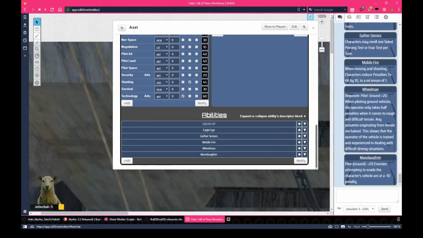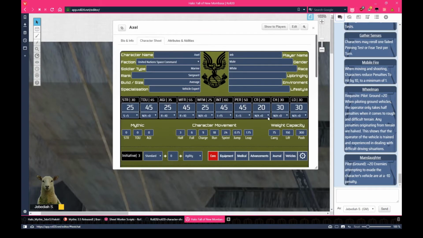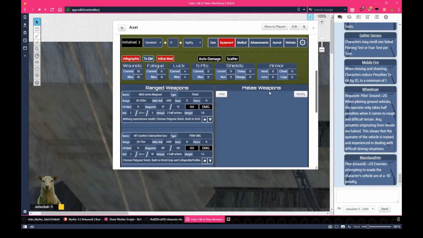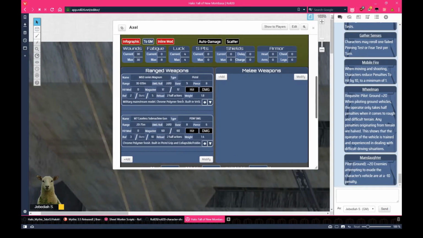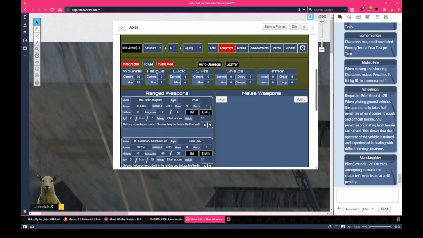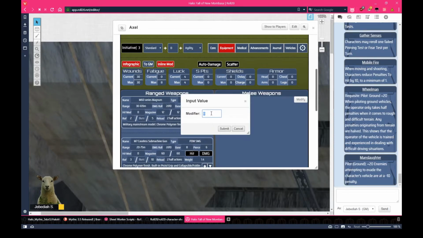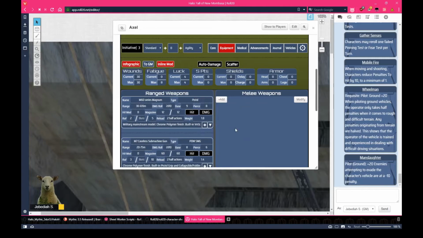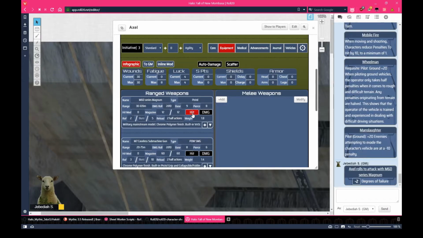So here we have gather senses, mobile fire, wheelman, slaughter, or manslaughter, equipment. Equipment, here we fill in blocked information such as magnum, pistol, base, pierce, and all this game relevant information, and then I can roll to hit, see if my character successfully hits with his magnum. Now, if I click hit, it requests if I have a modifier to input. Normally during play, there are no modifiers. So let's say I don't want that pop-up to happen every time I want to roll to hit. So I click inline mod, turn that off. So now I can just